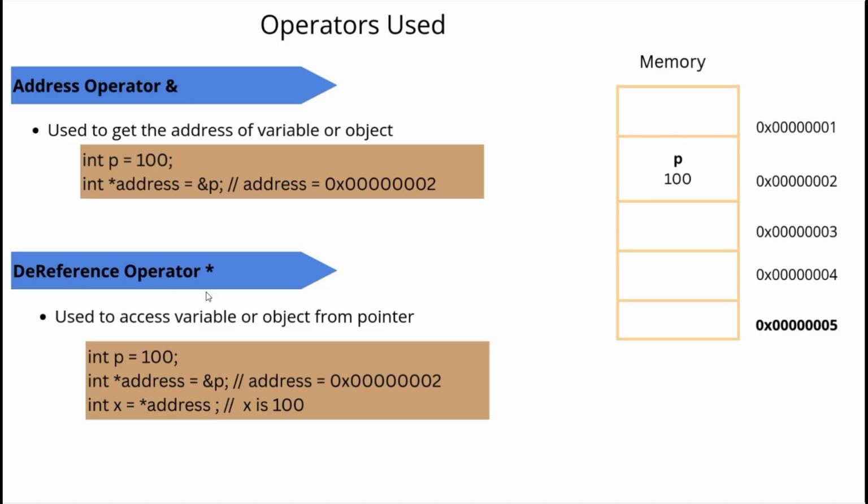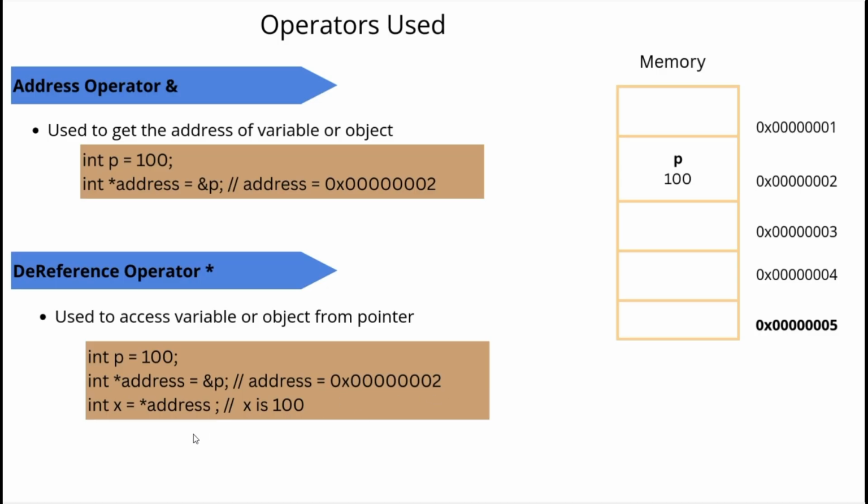The other operator is the dereference operator, which is denoted by star. This is used for dereferencing. You have a pointer which is pointing to a variable. If you want to access that variable or the value of that variable directly, you can use star. You can see an example here. I have a variable p and I created an integer pointer called address, which is pointing to p. Here p is 100. As p is stored at 0x0002, the address variable has the value which is the address of p,